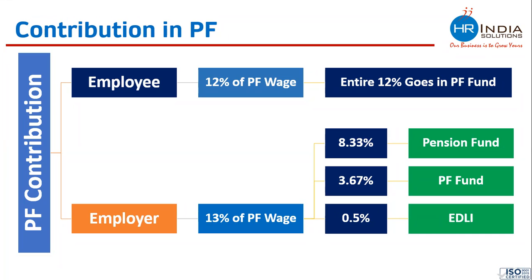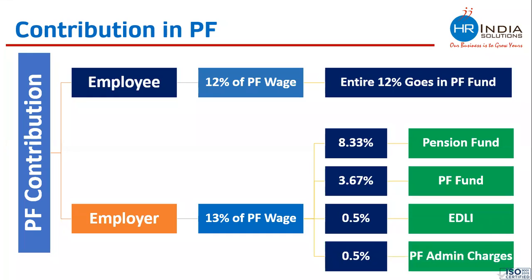Benefit under this is extended to the employee in case of death only. And the third, last one, 0.5%, is paid by the employer as PF administration charges. The PF organization, the government, takes some charges from the employer to run their organization. So the employer contributes 13% on whatever amount they decide, either 15, 16 or total gross. And out of this 13%, these are the various schemes or funds on which money goes. 8.33 goes in pension, 3.67 in PF, 0.5 in EDLI, and 0.5 in admin charges.